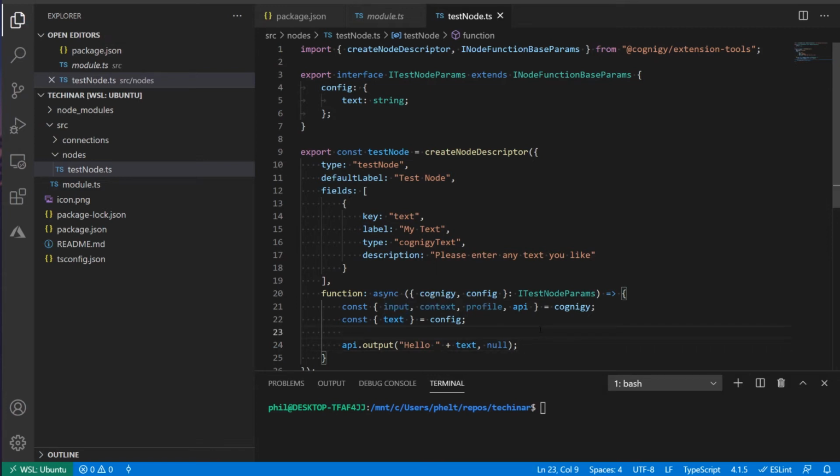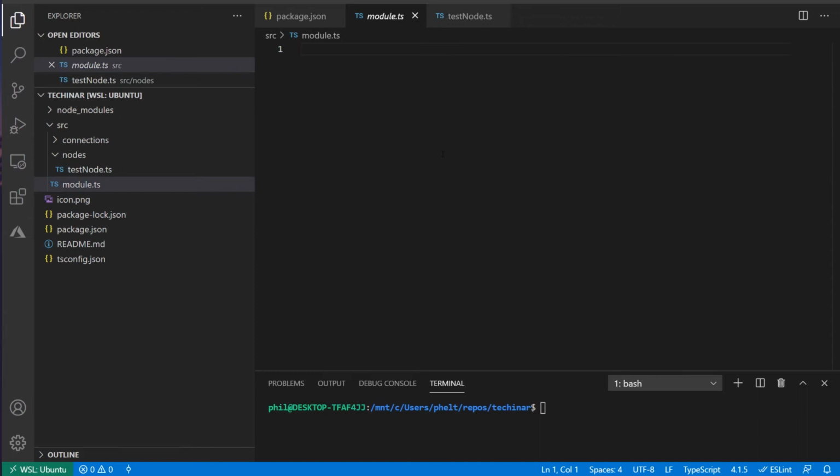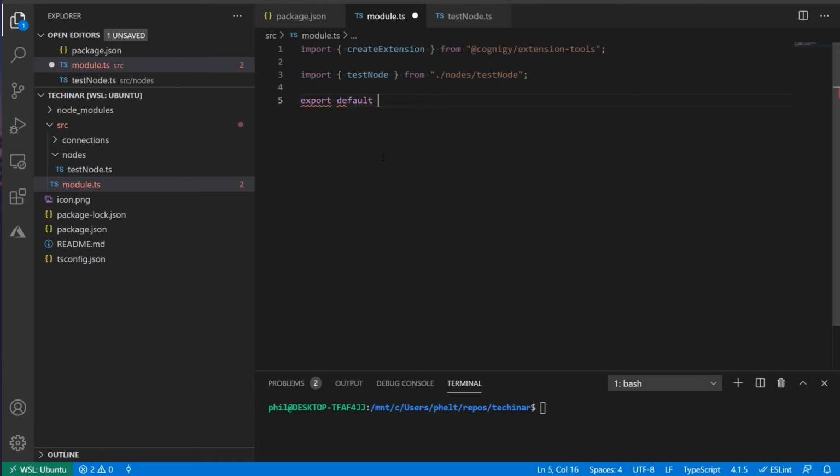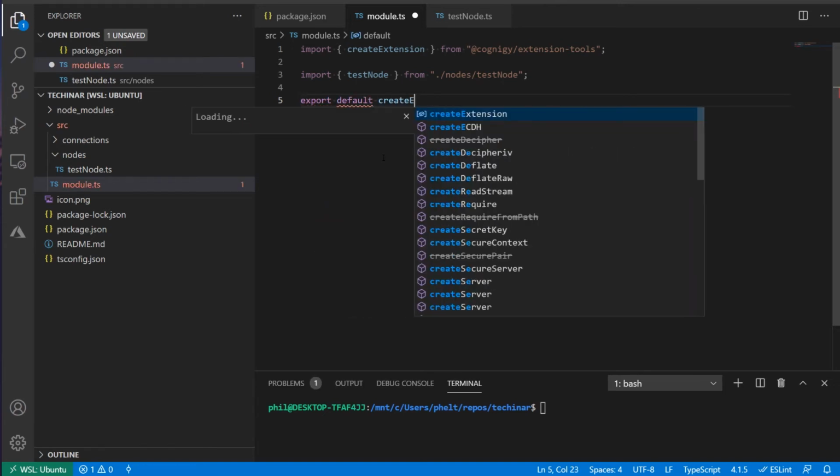So let's save that. And let's take a look at the module TS. Now this is the main entry point, right? So in this main entry point, we need to use the create extension method. We also, of course, need access to the node that we've built. So we're going to import that node as well. And then we need to have a default export. So if we go export default, create extension,